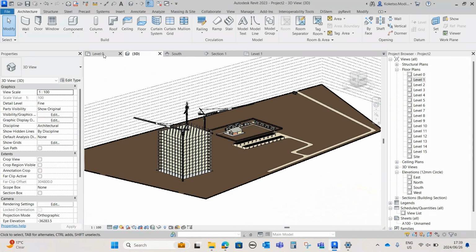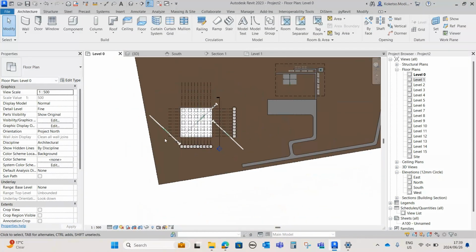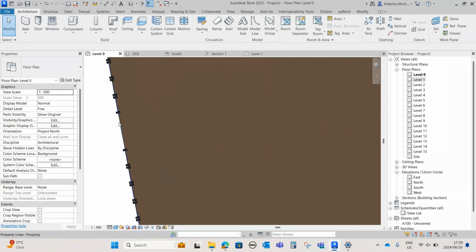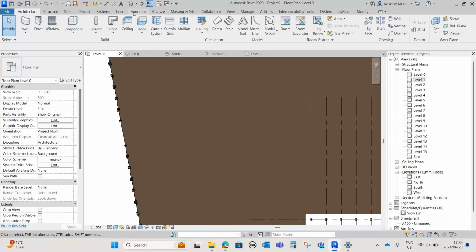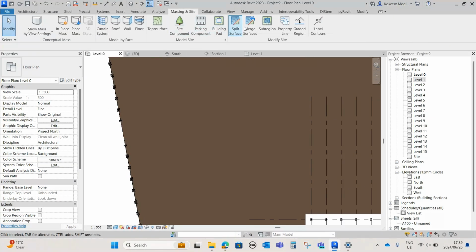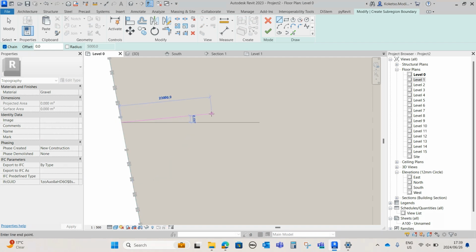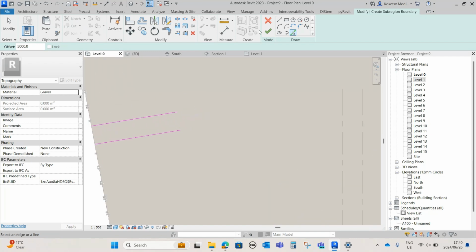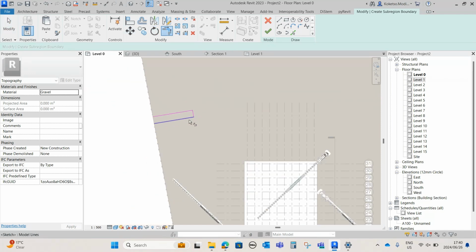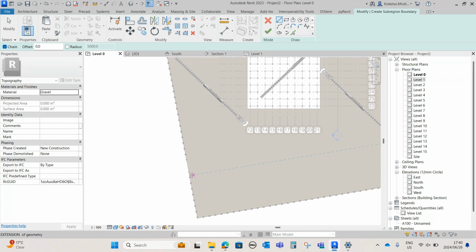Now, the next thing is you're gonna go to level 0 again, and then I'm gonna establish my access route. So I'm gonna say massing and site and say subregion, and then I'm gonna place it randomly like that, and then another one. So I'm gonna offset this one by 5000 millimeters, and then it's going to be set like that, and then I'm just going to close it down on this point. So you guys can just get as creative as you can,